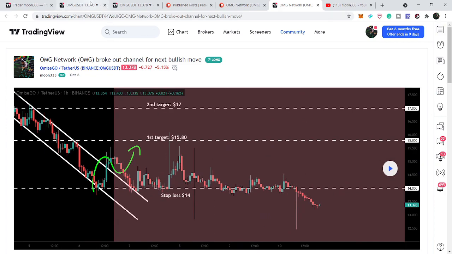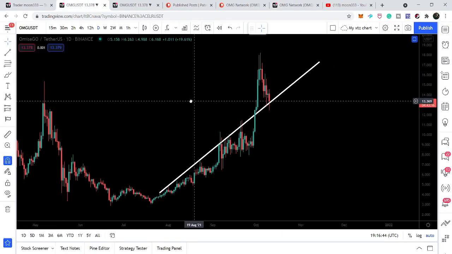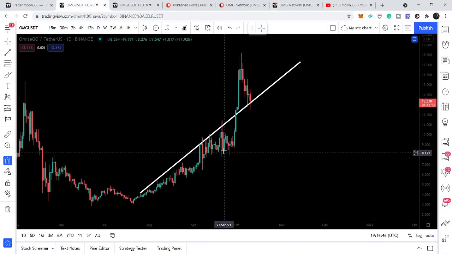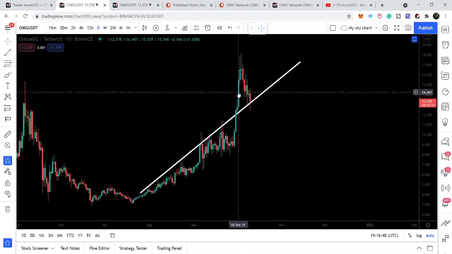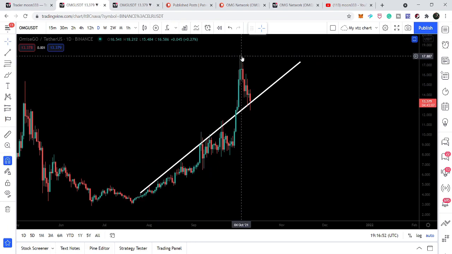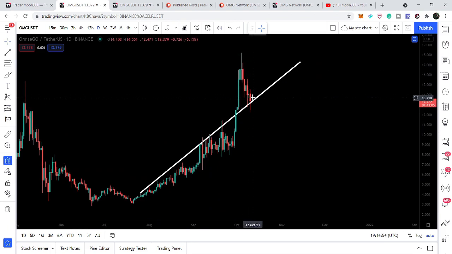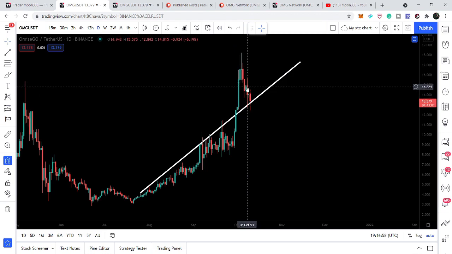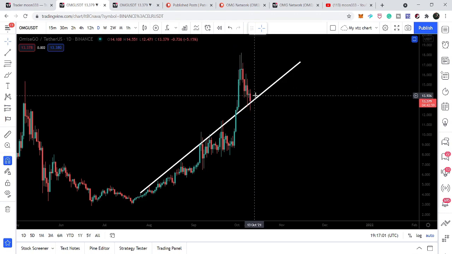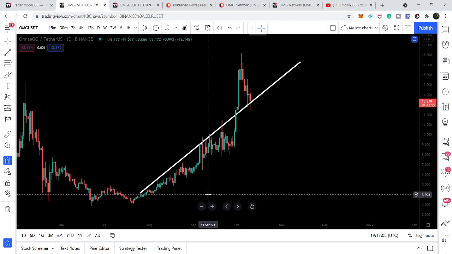Right now, if we watch on the daily time frame, the price line has also broken out a very strong resistance that I showed you in my previous video as well. And the price line, while having correction, was testing the previous resistance as a support. Right now, the price line has moved a little bit more down, and it is still testing this previous resistance as a support. So far, this support is not broken down.